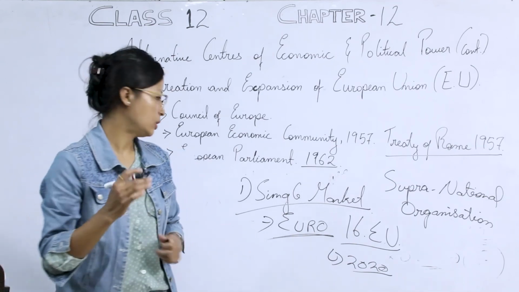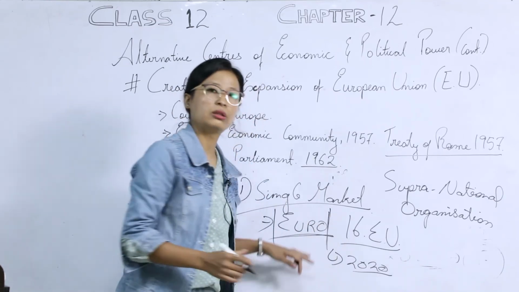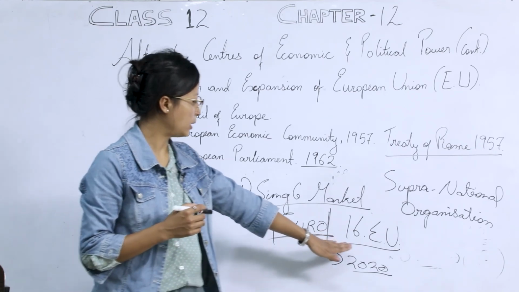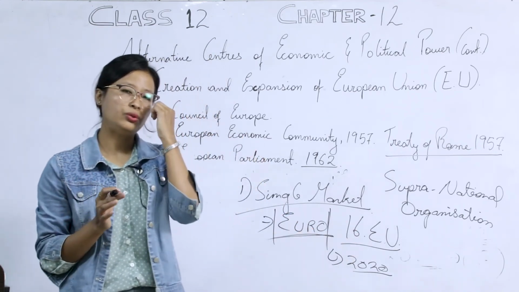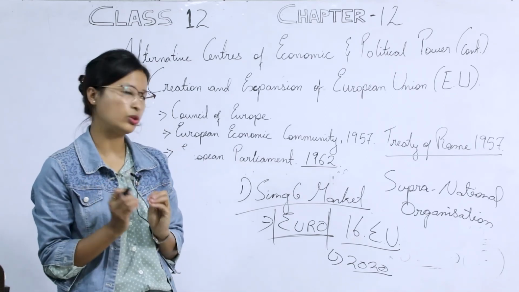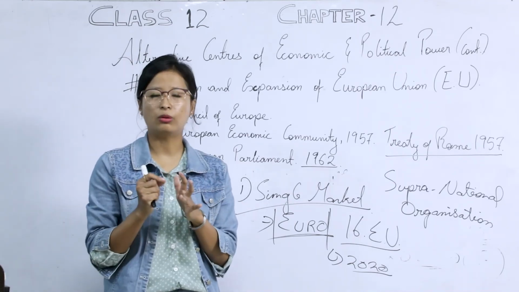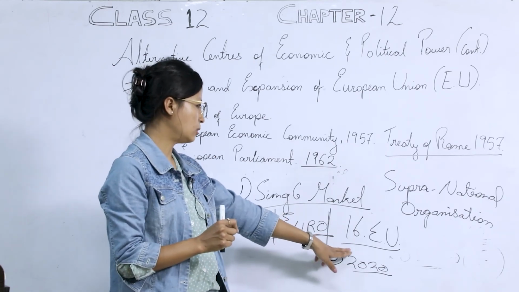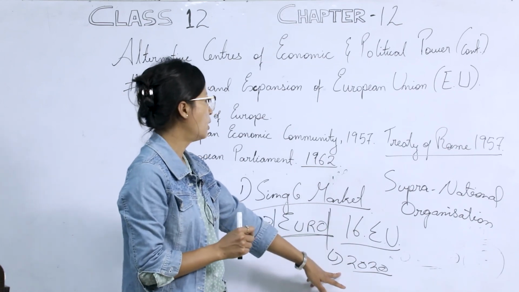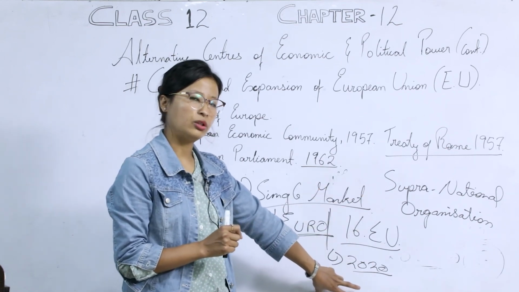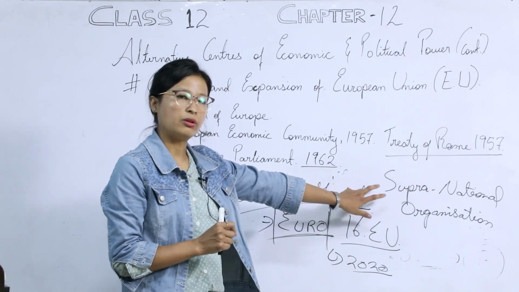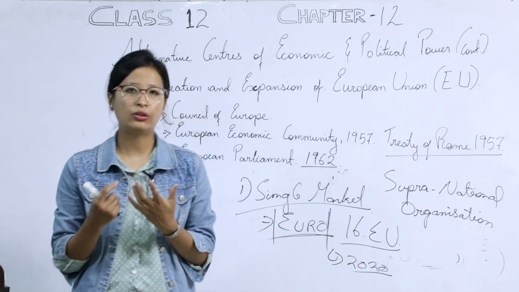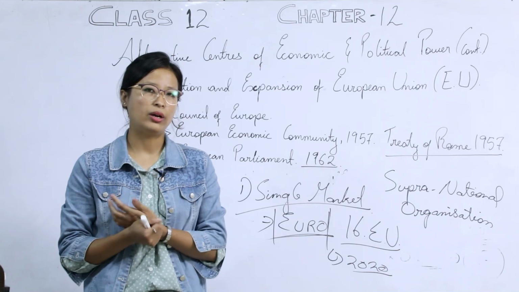Now, this European currency, that is euro, please keep this in mind. The currency of the European Union, that is euro, is used by 16 countries. So, under the creations of the European Union, some of the key points here will be that they have a common currency, a common flag, and a common anthem. Okay, euro, the currency, having been used by 16 countries. Brexit happened in 2020. Even though Britain left the European Union, it is still considered a supranational organization because of its influence that extends beyond its national boundaries.